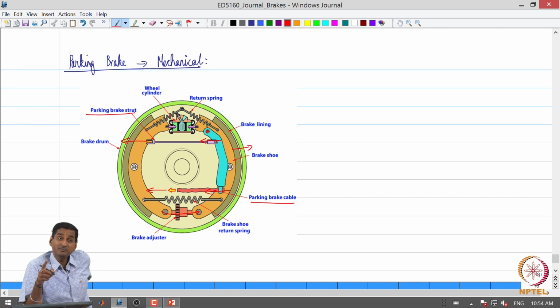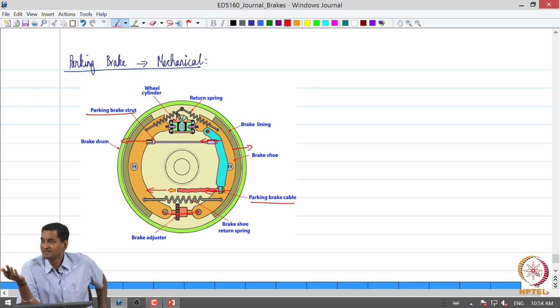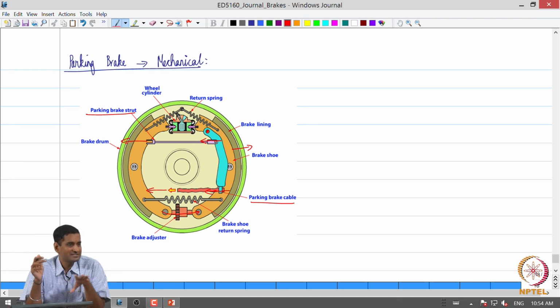The parking brake can also be used as an emergency brake. In the case that the service brake fails, let us say you have fluid pressure loss in a hydraulic brake system, we can still enable the parking brake to generate some brake output, right. So, this also acts as an emergency or secondary brake. Of course, it cannot replace the service brake, please remember that, right. Okay. So, we can observe immediately that this is one important advantage of using a drum brake in the rear, because the parking brake is easily integrated with a drum brake on the rear using simple mechanical components, right.